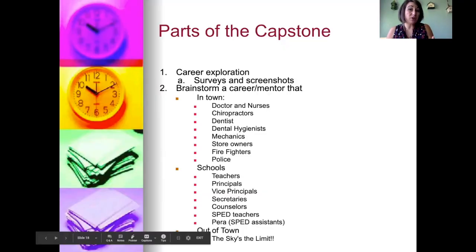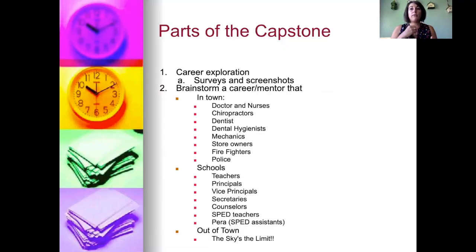A lot of students in past years who were trying to complete job shadows found that one of the hardest things that they had to do was stay in the state of Colorado. Well, not the class of 2021. You guys can look outside of the state and find people that are all around the entire United States or even abroad. Now, these first two steps are really the hope for this week. So, career survey and brainstorm a career or find a mentor that you think might be right for you.